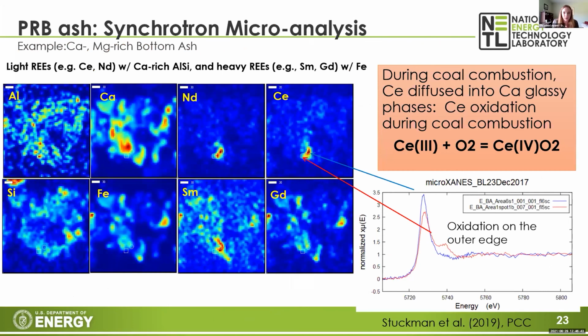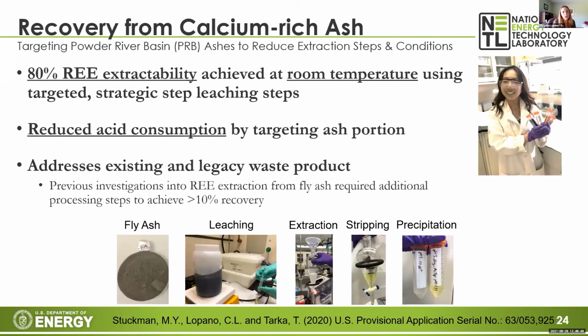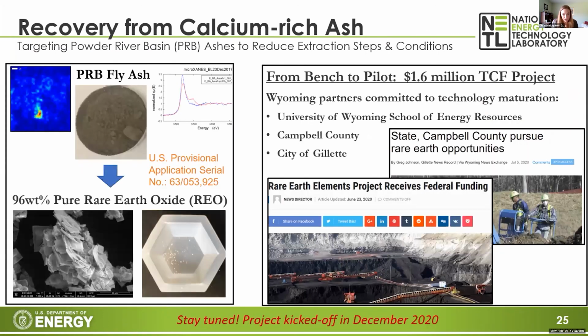I will wrap it up here. Utilizing the extraction and the characterization has allowed us to develop a technique for potentially extracting rare earths at room temperature using a lot less acid than traditionally used. This has potential to address existing and legacy wastes. We actually have a patent pending for an extraction that we've based off of this characterization. And we recently were awarded a technology commercialization fund from DOE to take it from benchtop to a very small scale, and we've got a 50% cost share coming from colleagues out in Wyoming in order to investigate